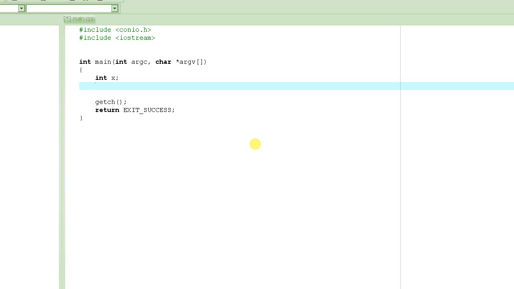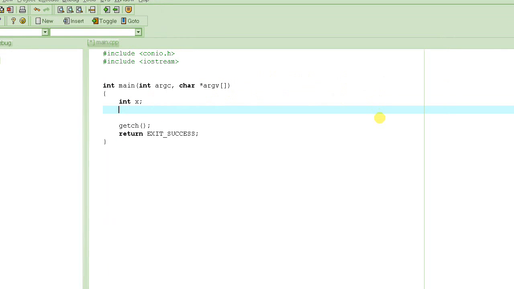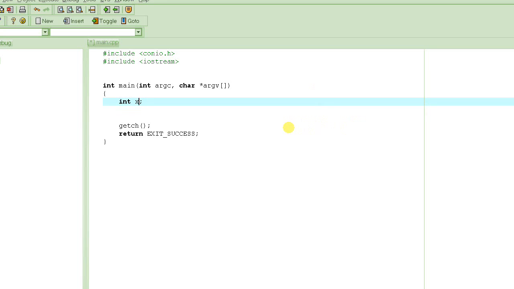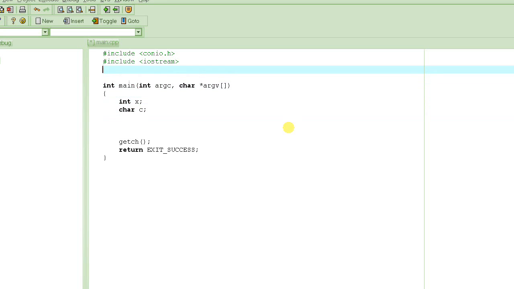As functions are being called, all the variables are created on the stack, and then that function calls another function, and its variables are created on the stack, and then that function calls another function, so its variables are created on that stack. And when the last function returns, it clears up all its variables from the stack, and those variables don't exist anymore. So if we have int x and char c in the main function,